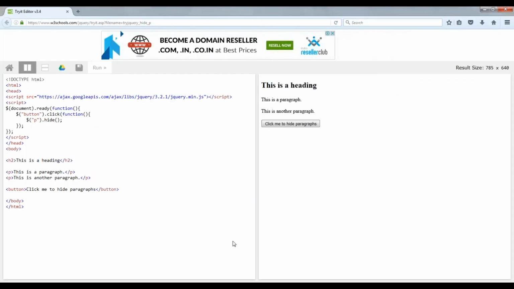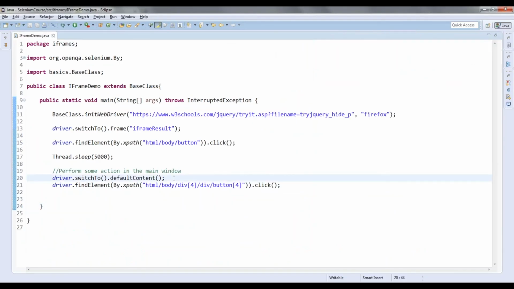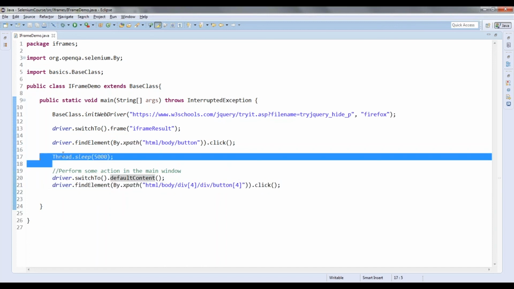Okay, it is waiting for 5 seconds. You can see here it has clicked on run. When you click on run again, it is going to load. So how exactly it happens? I have first clicked on this. I will wait for 5 seconds, and whenever I click on run, it is going to load again. So there is some synchronization issue, in the sense from iframe it is changing its entire focus to the default content. In the meantime, it is going to perform this action. That's why I have given a sleep time here.